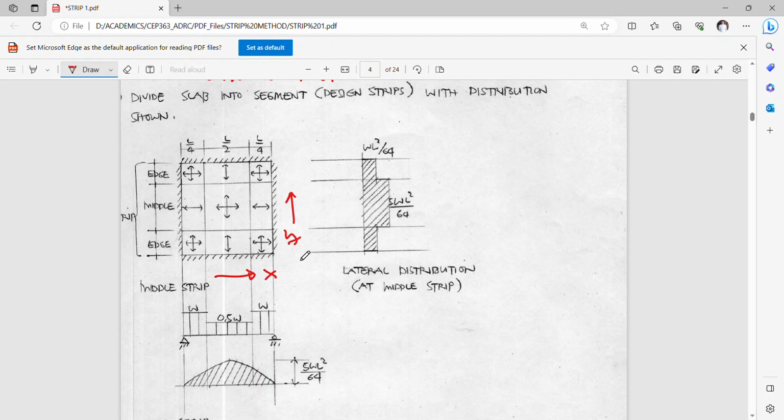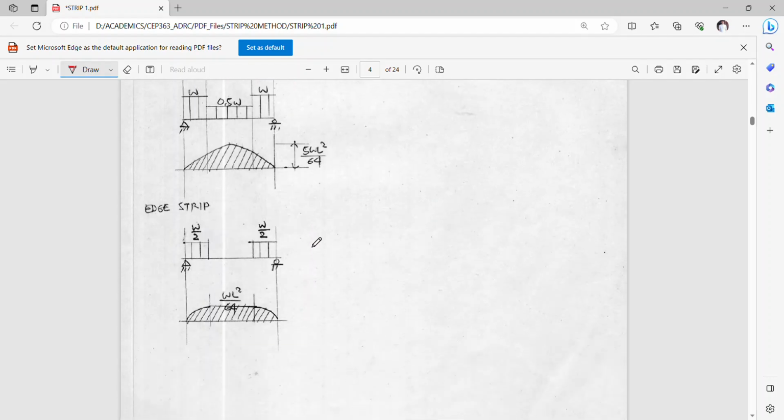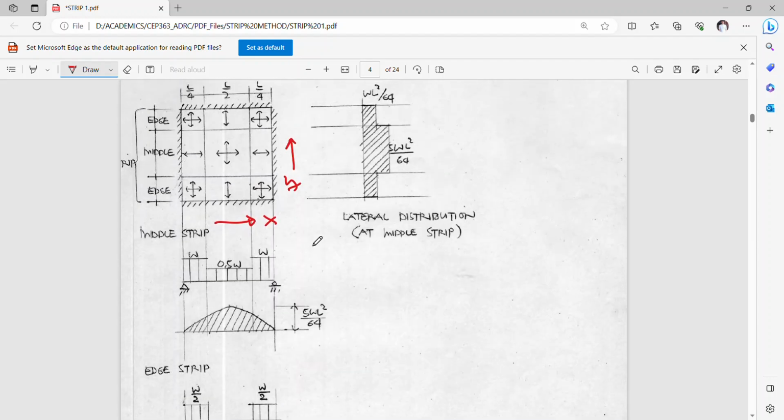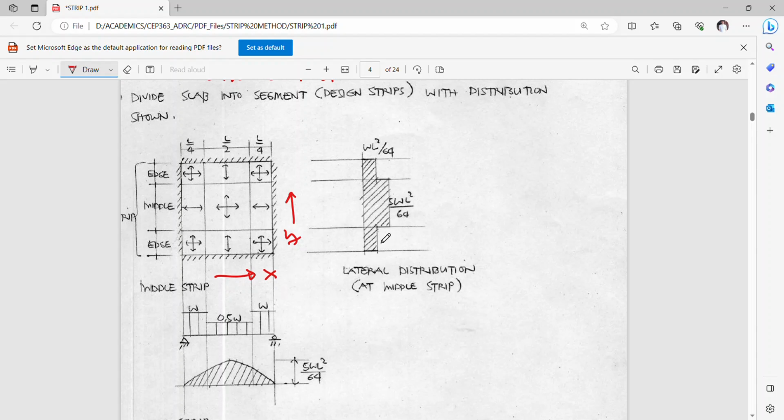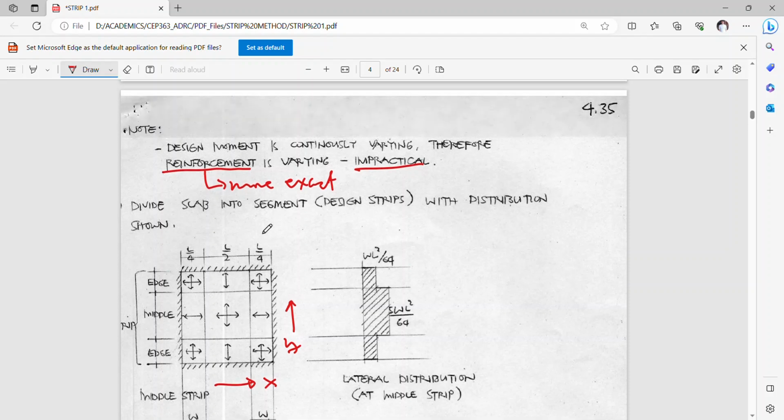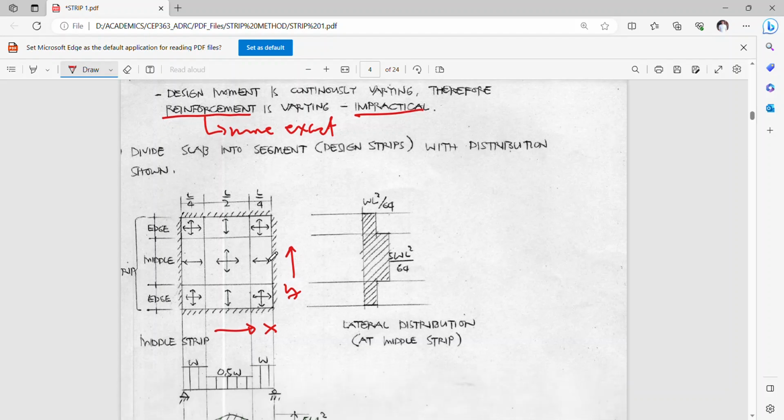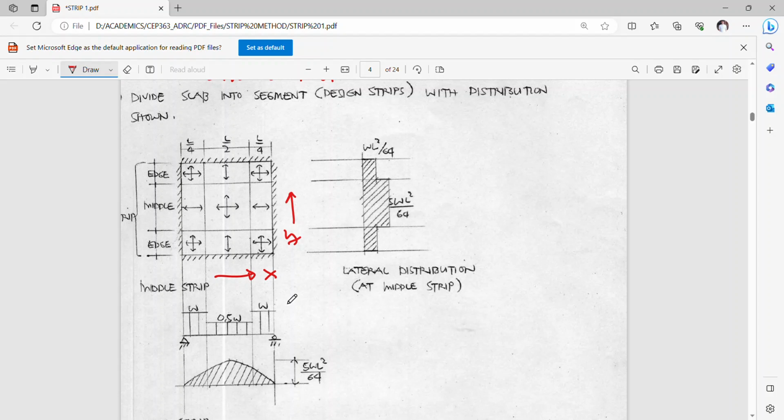Why is it that there is a difference in the moment diagram for this direction? If we look at this particular slab, this square slab,